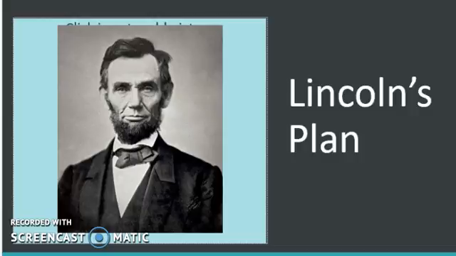He also considered compensation for any lost property, whether that meant slaves or land that might have been destroyed during the war, things like that. He didn't want to require political and social equality for blacks from each state, because he thought that that would be asking too much. If we ask every state to, as soon as you join the Union, provide African Americans with the right to vote and the right to run for public office, and the same social status as white people, that they would resist even more and it would cause more problems. So he didn't even want that.